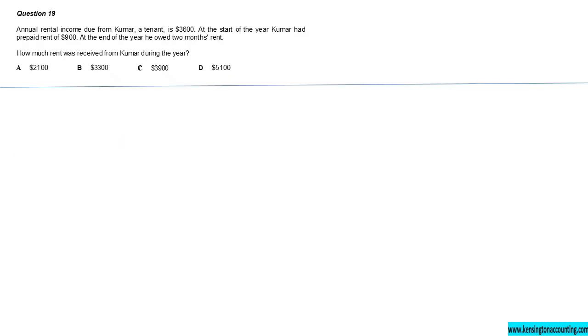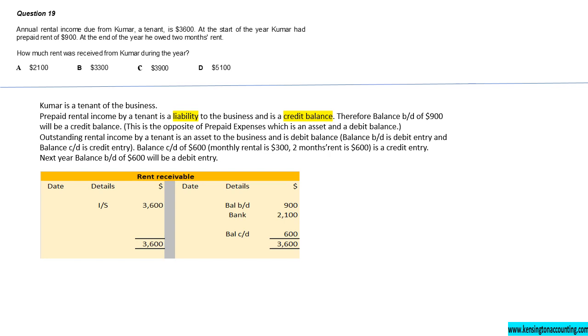Question 19. Annual rental income due from Kumar, a tenant. At the start of the year, Kumar has paid prepaid rent of 900, and at the end of the year, he owes money of 2 months rent. How much rent was received from Kumar? Now we have two methods of answering that question. Let's look at the